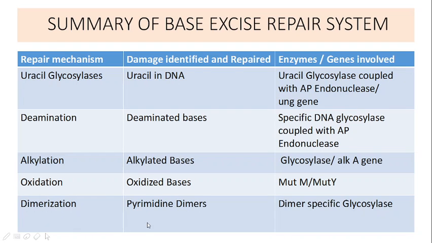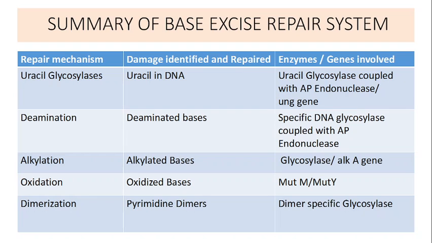This is identified by N-glycosylases, which are specific for pyrimidine dimers, and repair of pyrimidine dimers can also occur by cleaving the glycosidic bonds holding the pyrimidine dimers to deoxyribose. The specific N-glycosylases will recognize these pyrimidine dimers, and in combination with AP endonuclease, they will excise the dimer in the same three-step process.